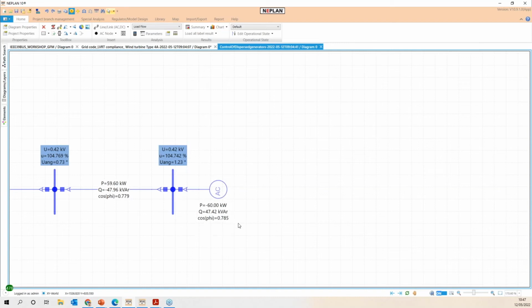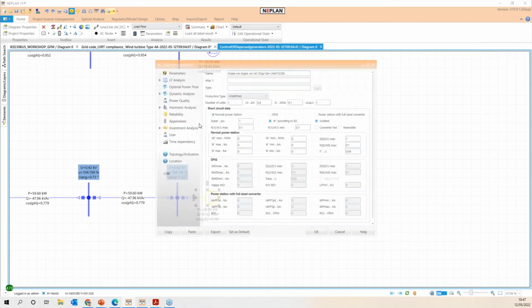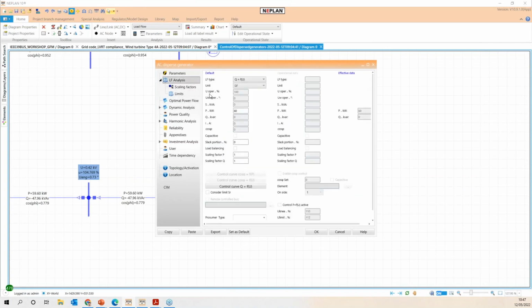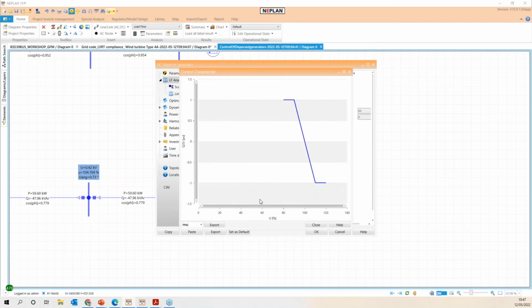So in this case, what we will need to check is the monitoring of the results and the limits specifications per country. For example, if we are speaking about the IEEE 1547, the IEEE 1547 is able to specify the operation points, and if the reactive power support is higher than the specification of the IEEE 1547, we are not able to accept the connection of DER in that point specifically.